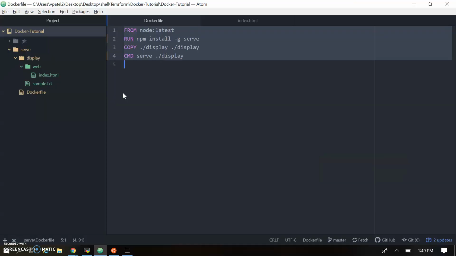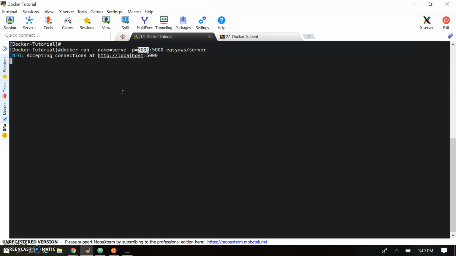So here we have given the code: the image we have taken, then we install, then we copied the folder structure, and we have run our default command. So this is the basic structure of the Docker file, where we are using different commands like FROM, RUN, COPY and CMD. As for how we ran it, let's have a quick look. We have built the Docker image, then post build we ran the Docker container, passing the name of the image. So here we have created the custom image from the node image which we took from Docker Hub, and post that we have run it using the docker run command.